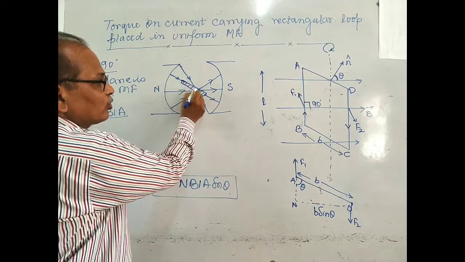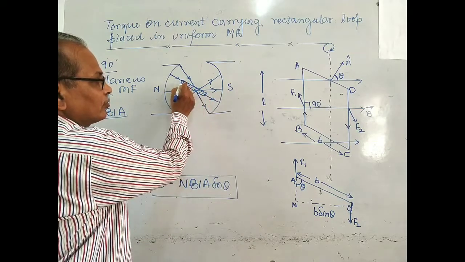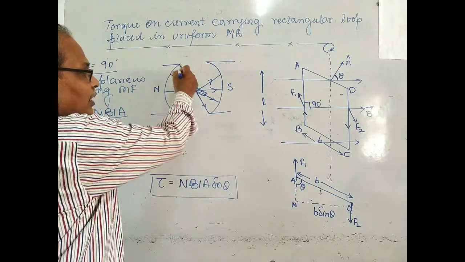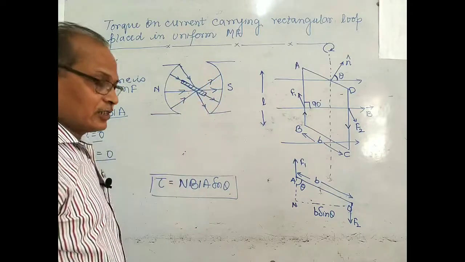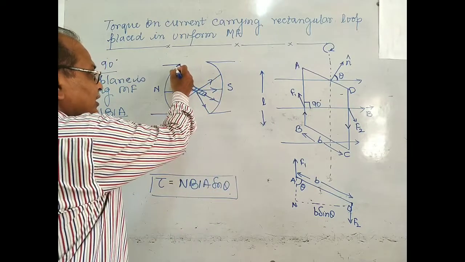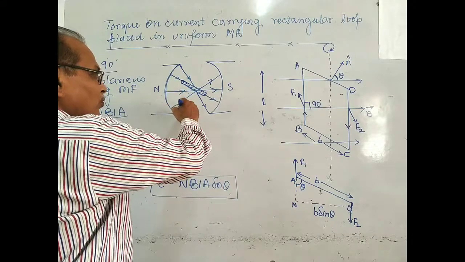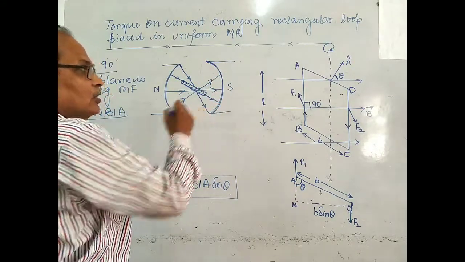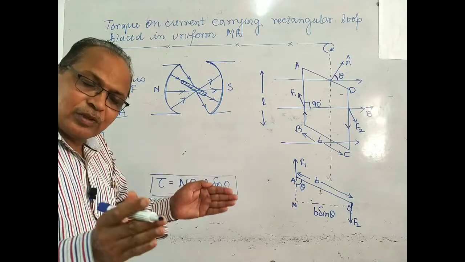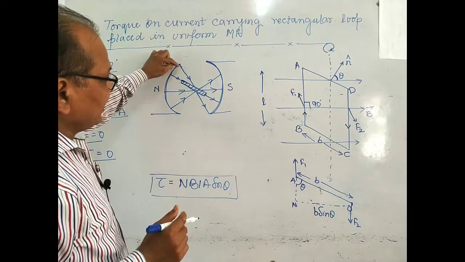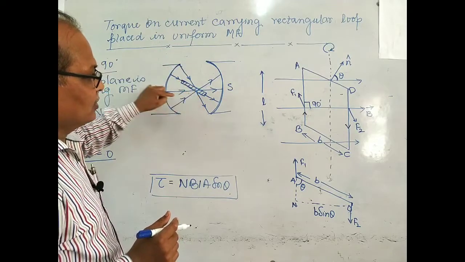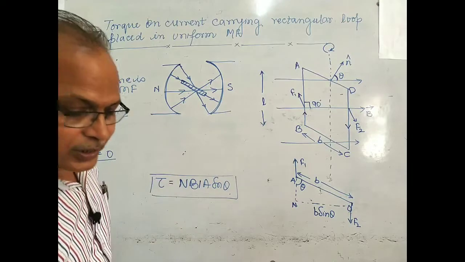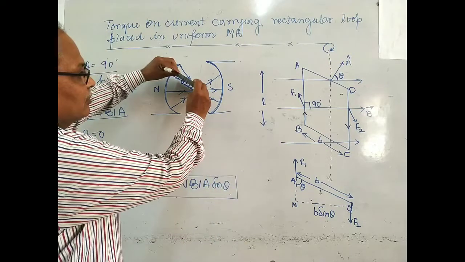This is our rectangular coil. If you see from the top, these are the magnetic field lines, that is, poles are slightly curved. See the shape of the poles, they have curved poles. So magnetic lines are moving like this. If the coil is placed like this,